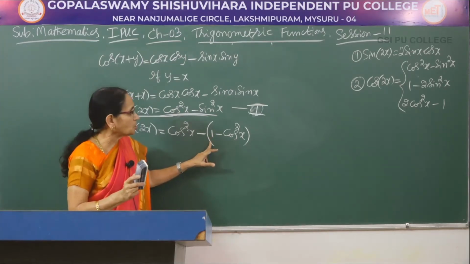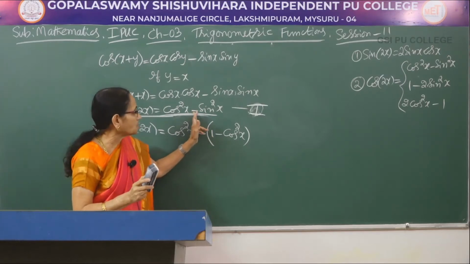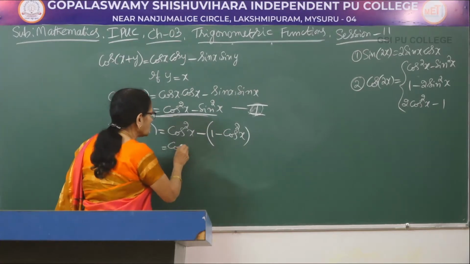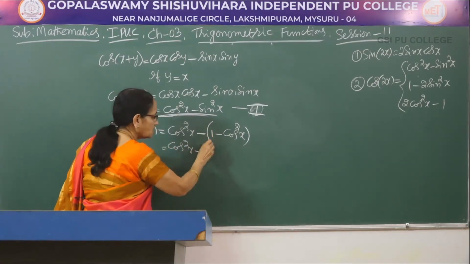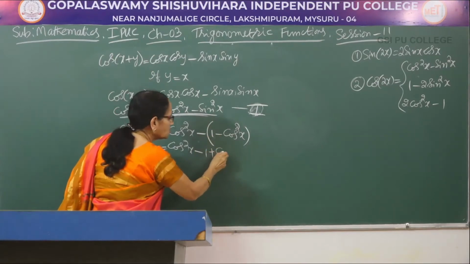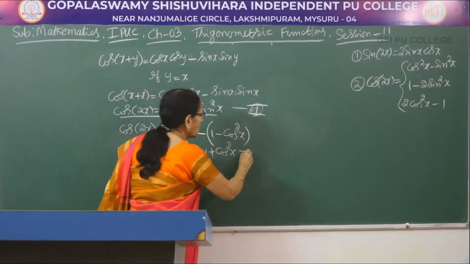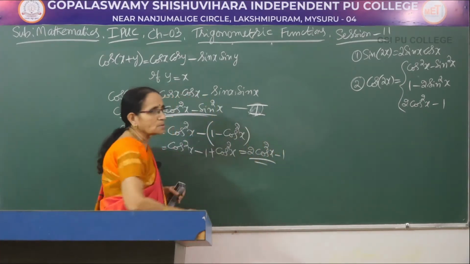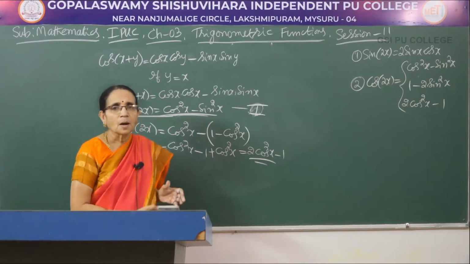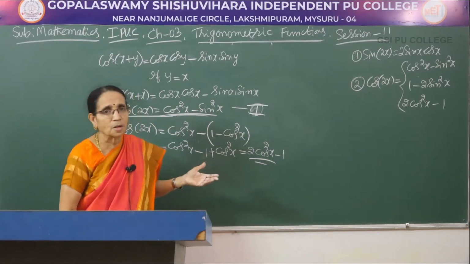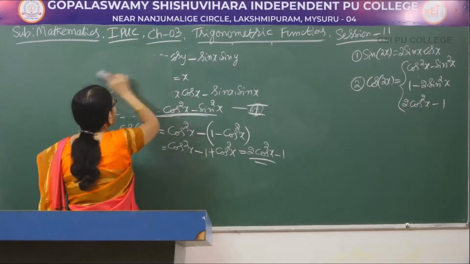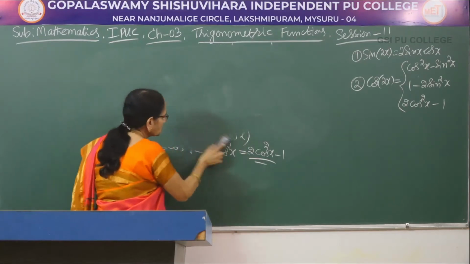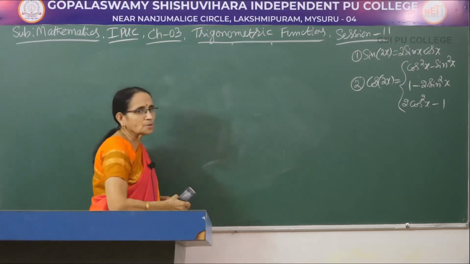That is the one mistake usually students do. Always when you have a minus sign, if you have got more terms here, write them inside the bracket. Now remove the bracket. It is cos square x minus 1, minus of minus, plus cos square x. Therefore, adding the cos square terms, you get 2 cos square x minus 1, hence the last part. So, depending upon how the question is asked and what has been asked here, you have to adjust the terms like this.